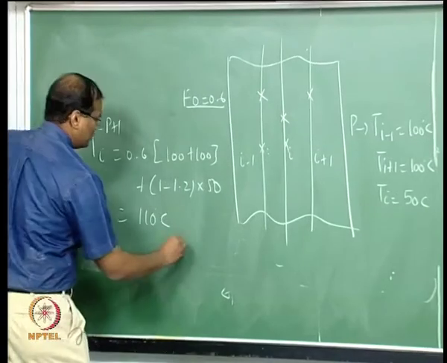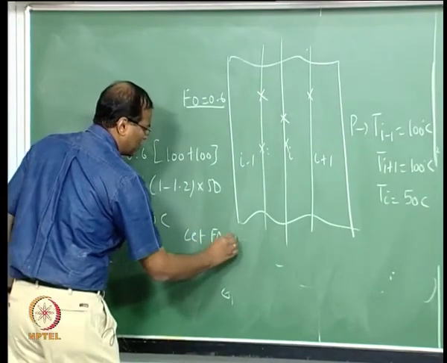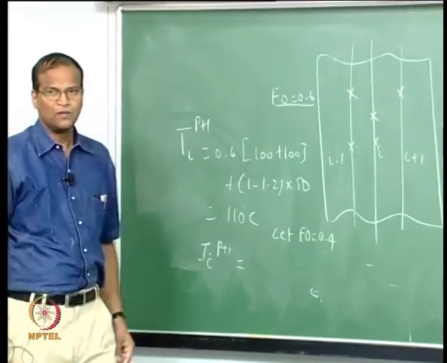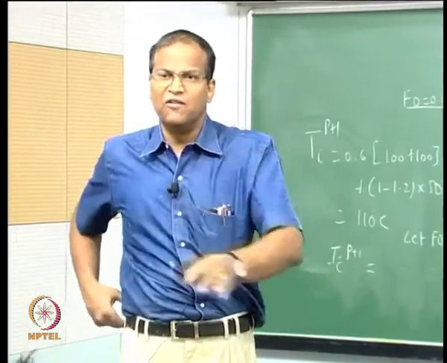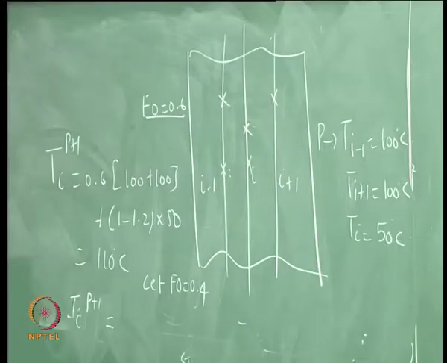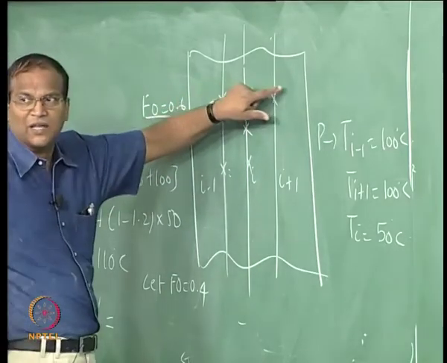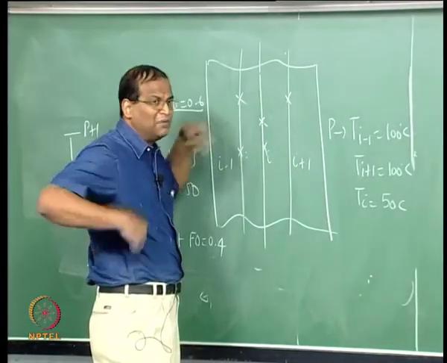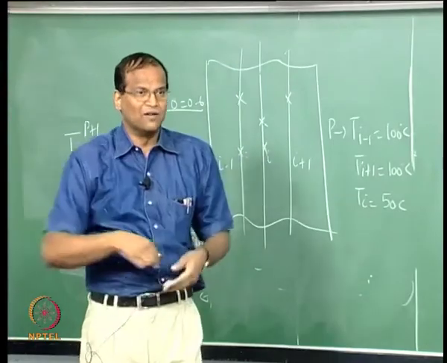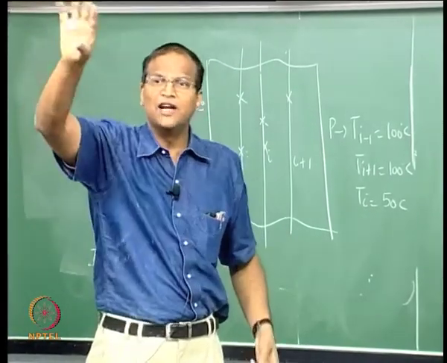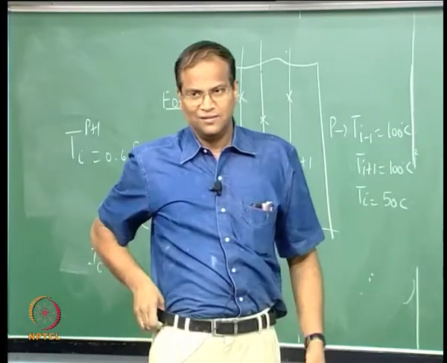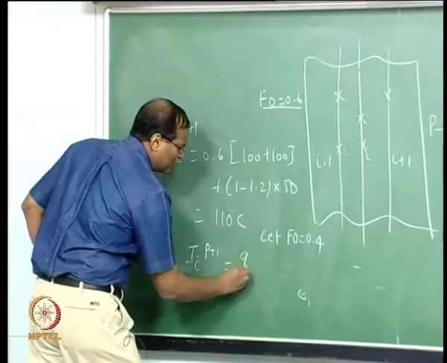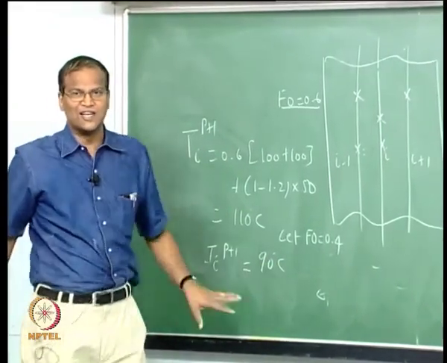Okay. Now let F naught be 0.4, what happens? T of I at P plus 1. So Fourier number greater than 0.5 gives meaningless results. You are getting a center temperature which is exceeding the surrounding temperature. 90. But the original physics was these two were hot, this was trying to heat this. It cannot heat something to more than itself. Sun is at 6000 degrees, it cannot heat a body to 7000 degrees centigrade, correct? So it violates the second law. So it is bearable, 90 also is too high, but at least it is less than 100.